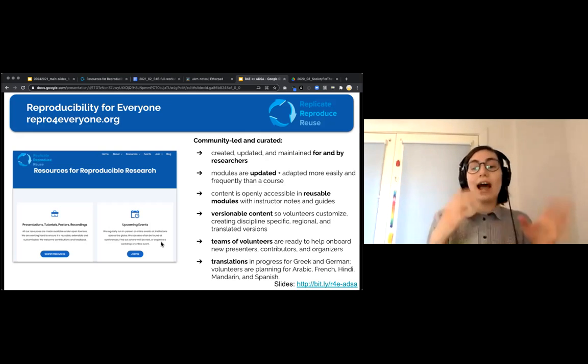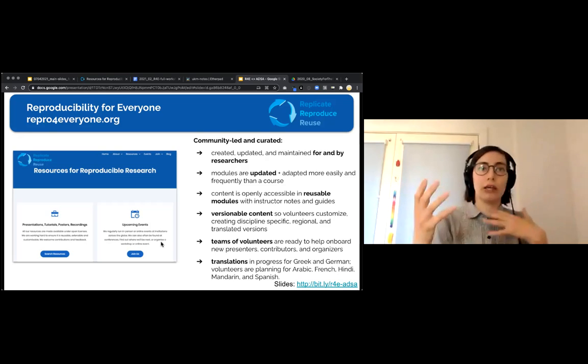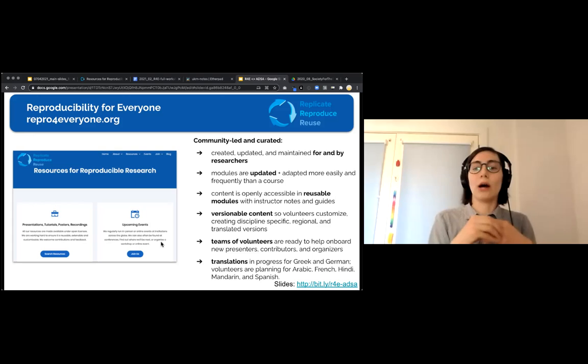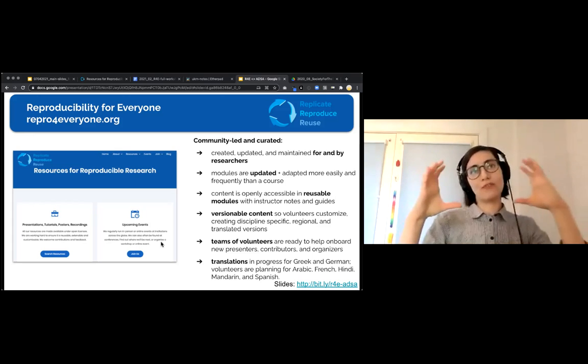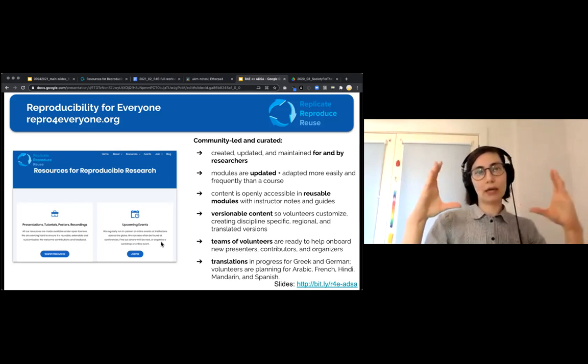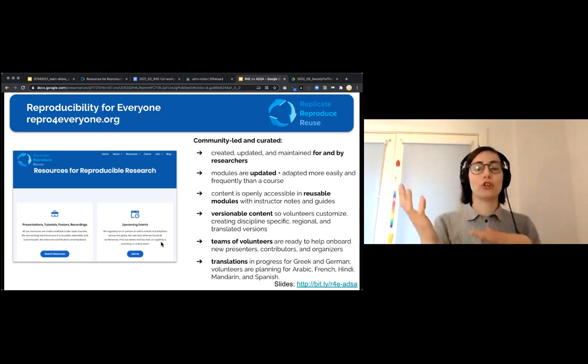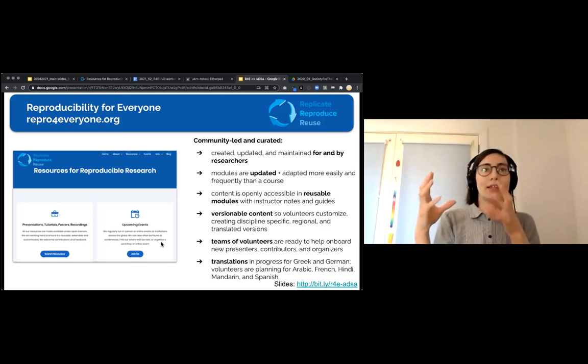So that allows the knowledge sharing side of it to just happen in a way that you don't necessarily see in some of the more polished workshops, because people are always speaking about their own experience and their own perspective on reproducibility. So all of the content is modular. They're generally about 10 to 15 minutes for each topic. And it's all versionable. So everybody takes their section and updates the version.